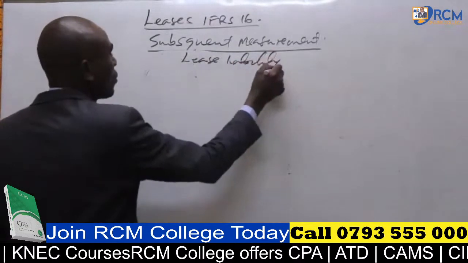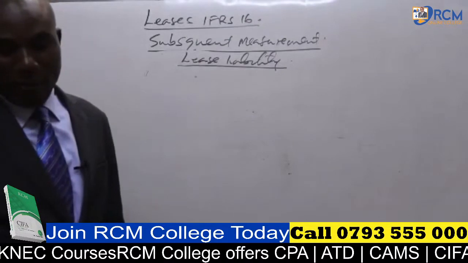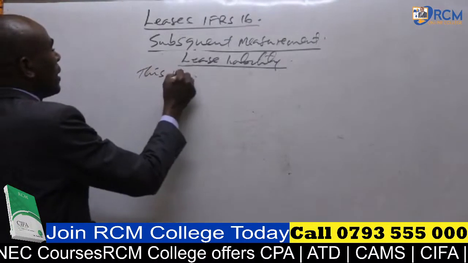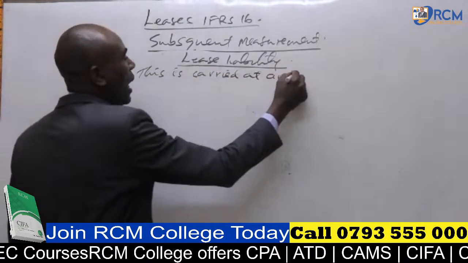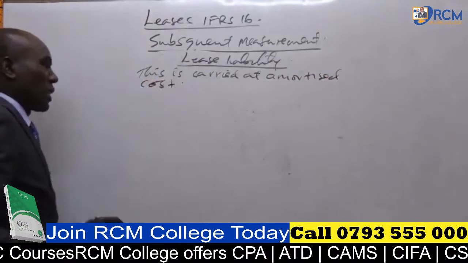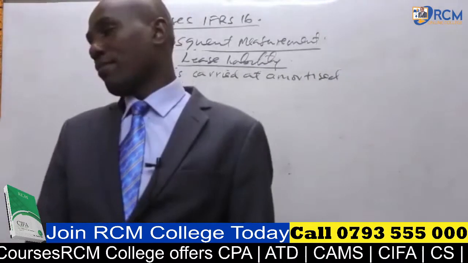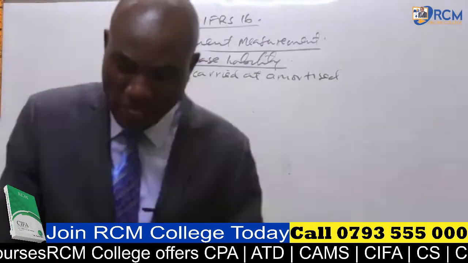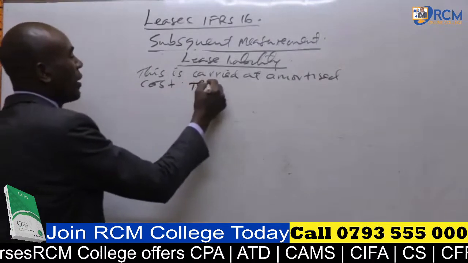Subsequent measurement. How do we measure lease liability? That is subsequent measurement. We say the lease liability is carried at amortized cost. It is carried at amortized what? Cost. Then you continue to say, the way amortization is done